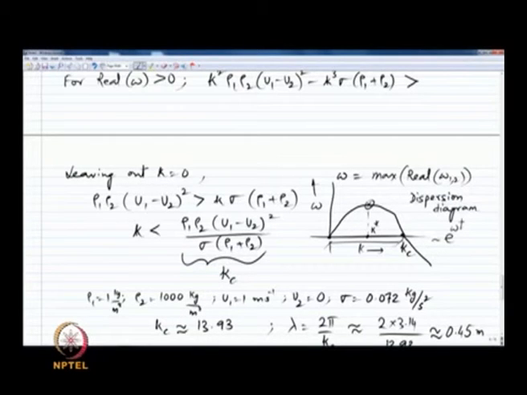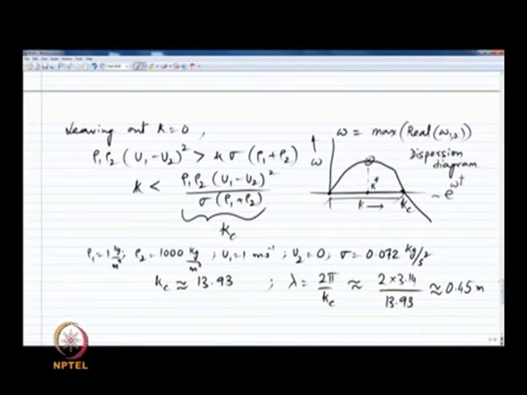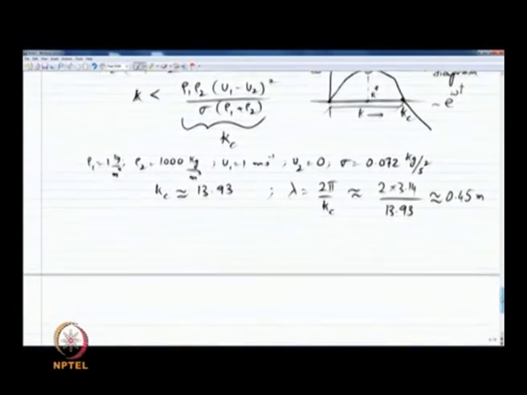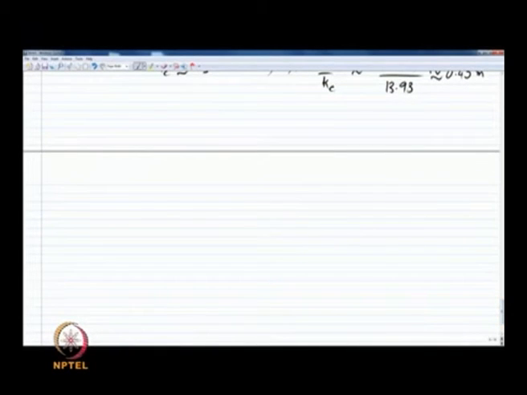This is a nice simple physical way of understanding why one chooses the wave number with the maximum growth rate to determine the actual source of instability. Another way, which is associated with group velocity, is as follows, but let us come to that in a moment. So, essentially what we have found now is that the value of k